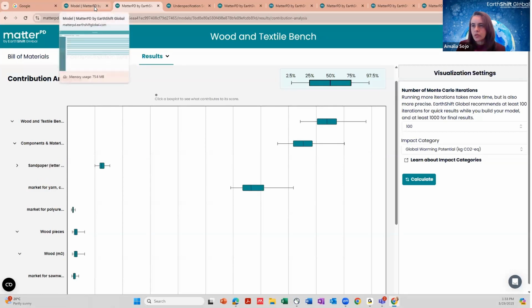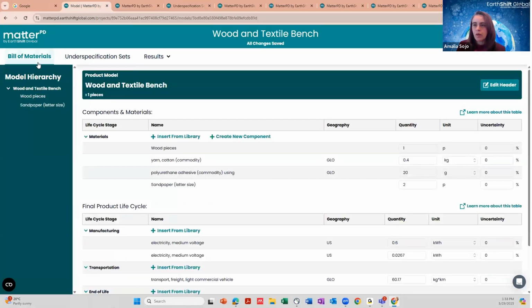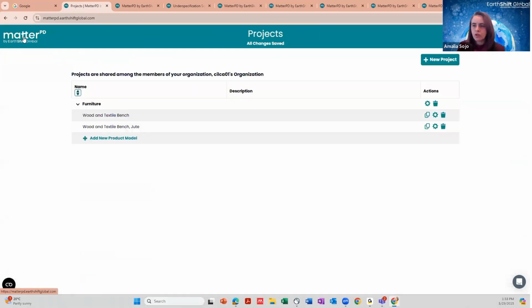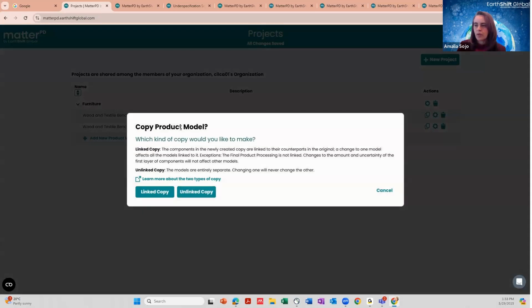So in this case, what we did is go back to the bench that we created at first, and here we can just copy. We're going to create one copy. I'm not going to create it right now, but here's where you can copy. You can copy linked copy or unlinked copy.